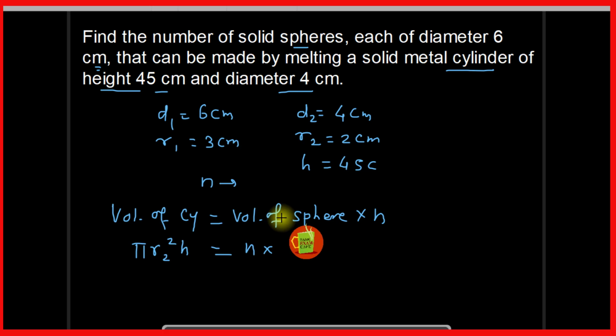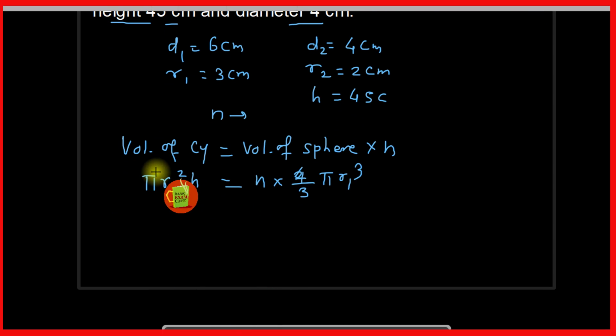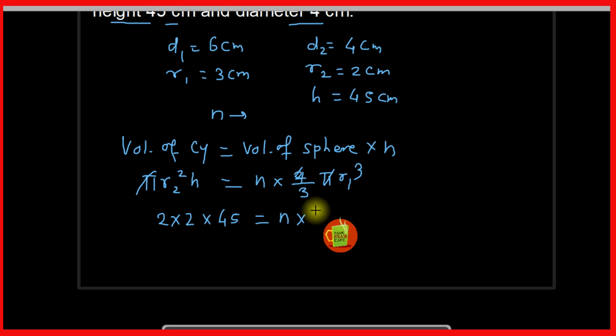The volume of a sphere is what? It is 4 by 3 pi r1 cube. Now put the values and solve this linear equation. So here pi and pi will get cancelled. So r2 is given as 2, so 2 into 2 multiplied by h, which is 45 centimeter. Correct. So 45 centimeter is equal to n into 4 by 3 multiplied by r1 cube,